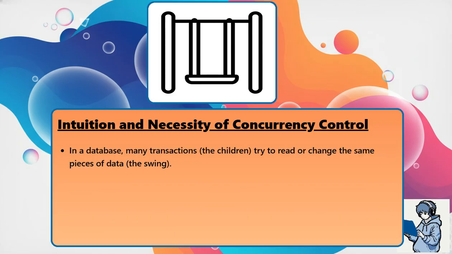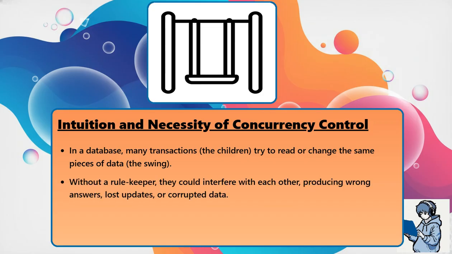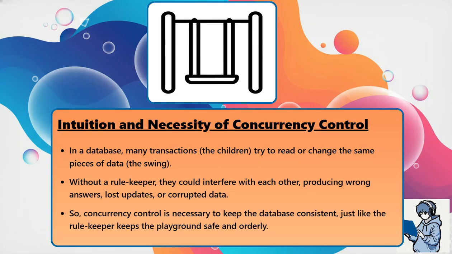In a database, many transactions, the children, try to read or change the same pieces of data, the swing. Without a rule keeper, they could interfere with each other, producing wrong answers, lost updates, or corrupted data. So concurrency control is necessary to keep the database consistent, just like the rule keeper keeps the playground safe and